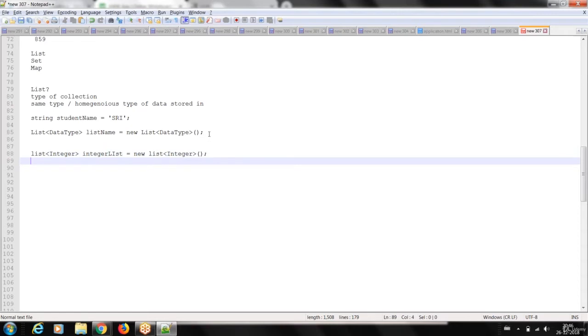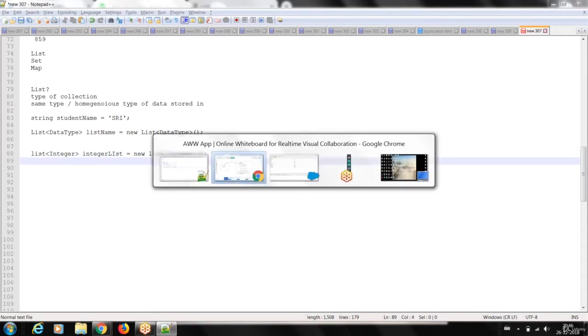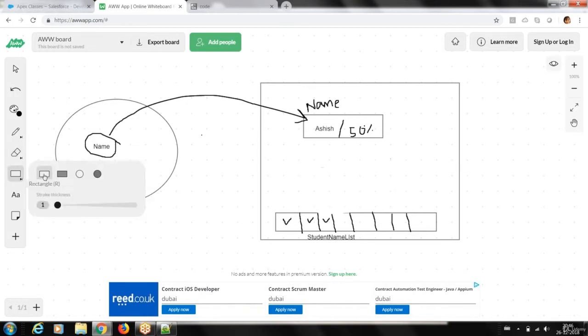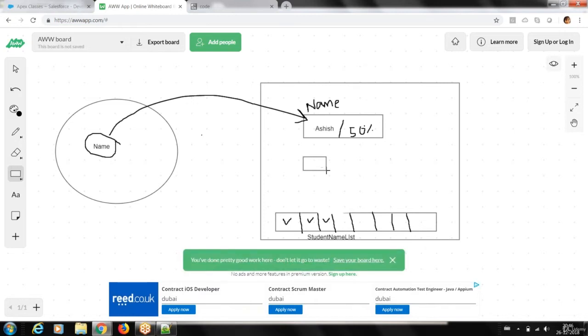If you see this, integer list, new list of integer, the moment you write this, what will happen in the system automatically? Let me delete something from here. I'm just deleting these columns so that I can explain how the list is going to store data right in front of us. The moment we declare this, it creates one list, just this much, nothing else.